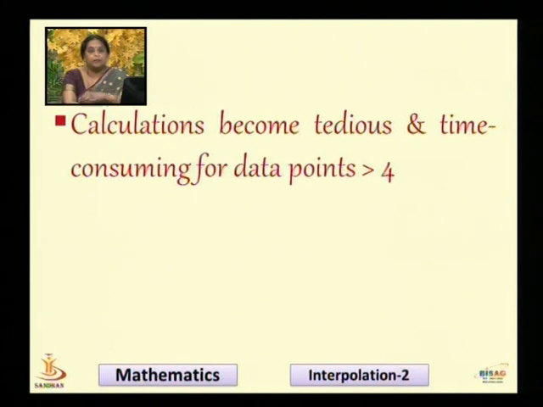Thus, if the number of points keeps on increasing, greater than 4, to 5, 6 and n points, the term itself becomes a larger term, which will be a combination of the product of y's or the product of x values, to be multiplied by the corresponding x or y values, depending upon whether the interpolation or inverse interpolation method is applied. So this particular process becomes more time consuming and very tedious.